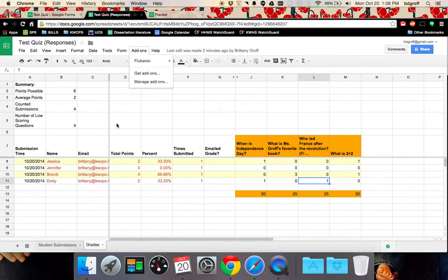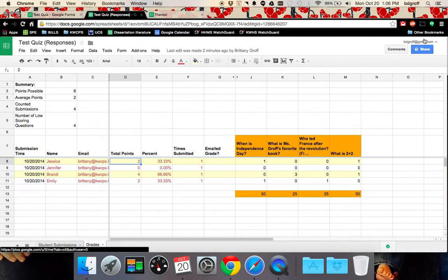And it looks like that's about it. But that's Flubaroo. It's pretty easy and straightforward, but it's an easy way to get your quizzes scored right away, and then you can just take this information and copy it straight into PowerSchool and not have to spend too much time